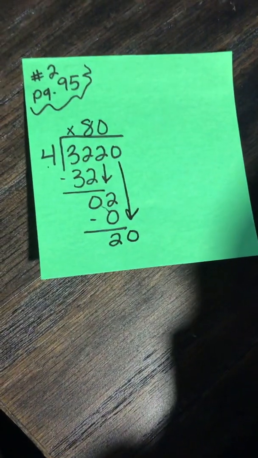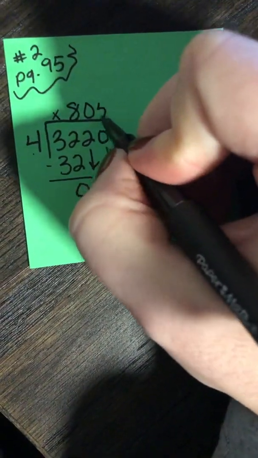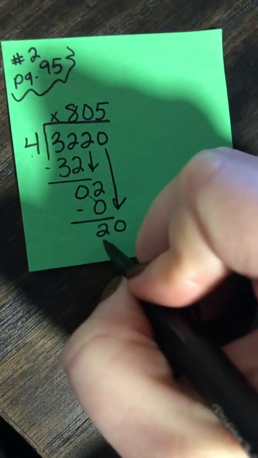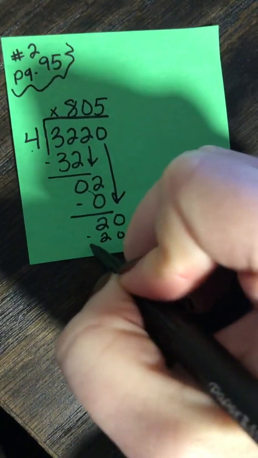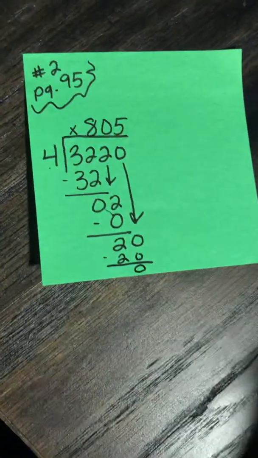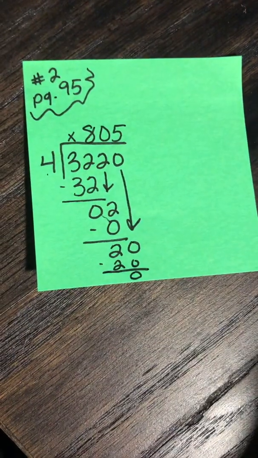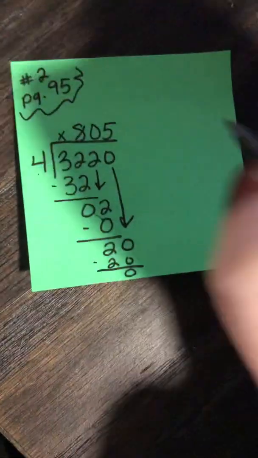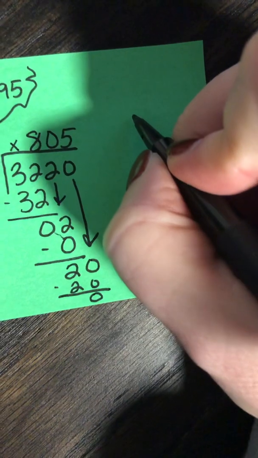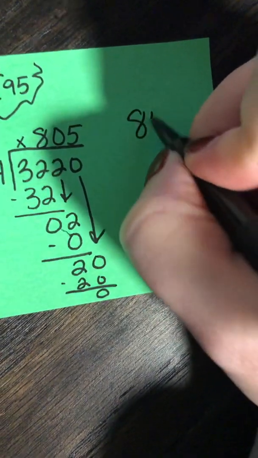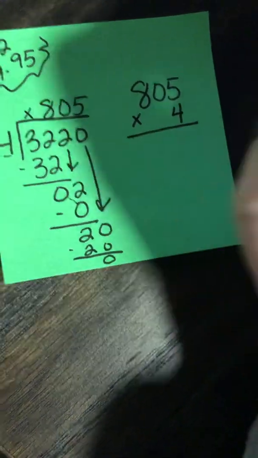Now, 4 goes into 20 an even 5 times. 5 times 4, 20. Bring it down, subtract. I have no remainder. But I do need to check my work. So I'm going to take my answer, 805, and multiply it by this 4. I should get